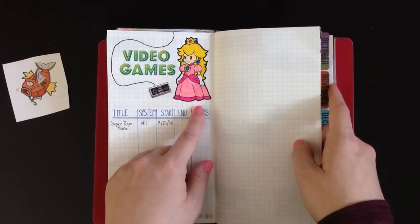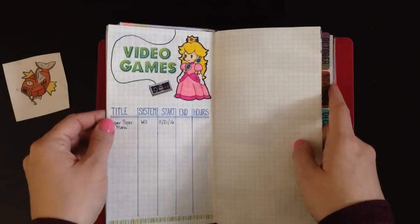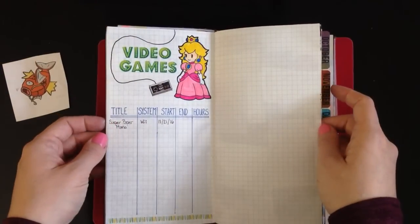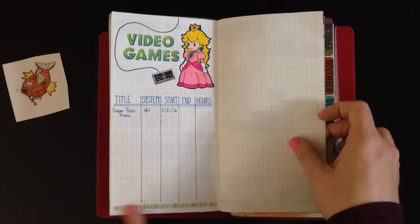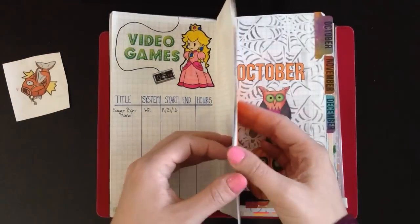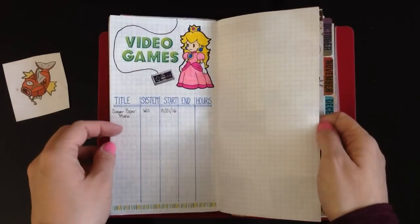And I just colored her in with my Zig Clean Color brush pens, real brush pens. And I just traced her out with Micron pens, and I think that looks pretty cool. And I used a rub-on pen down here just to do a little strip. So that's fun. So I still have one more page of general stuff for the year I can fill in